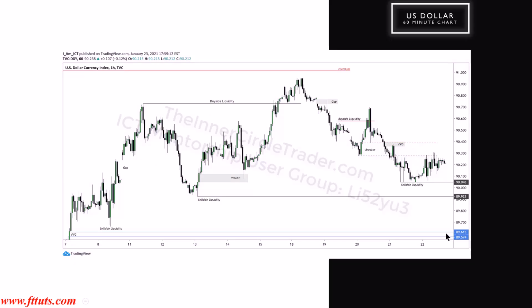Does it completely trade fully closing in this, or does it go to consequent encroachment or the top, premium level of the fair value gap level, which is this one here? That's of no concern to me. But I'm looking at this overall price fractal, and I see a market maker sell model in a market that was decidedly weak. We couldn't even get to a premium. So we had a turn here at buy side liquidity, which is logical. We had a low risk sell here, another level of distribution, another level of distribution, and another level of potential distribution with the breaker. And then we should anticipate seeing it run out this sell side liquidity.